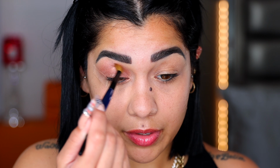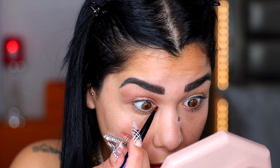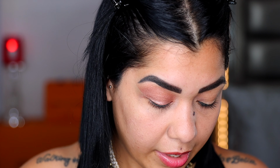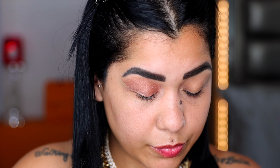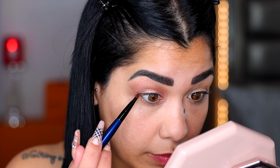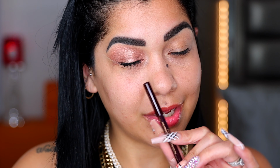I'm gonna blend it in my crease with my eye open. For my lower lash, I'm gonna apply the Exhale color in the inner part of my lower lash. For the other half, with the other side of the same brush, I'm gonna grab the Smoke shade and apply it on the outer part of my lower lash. I apply a little bit of my Pillow Talk eyeliner on my waterline just to give it a little bit